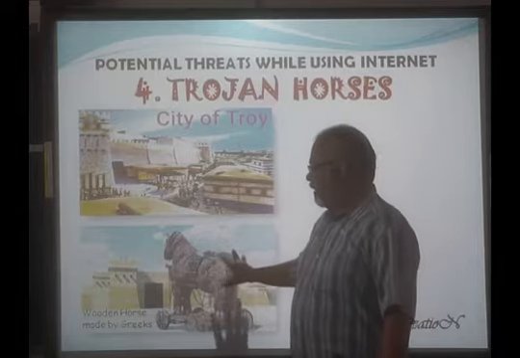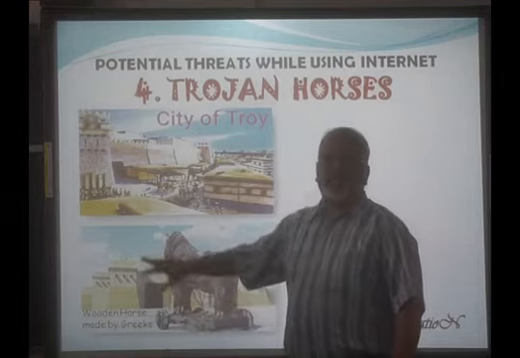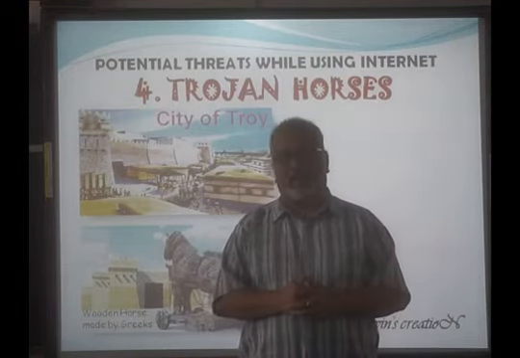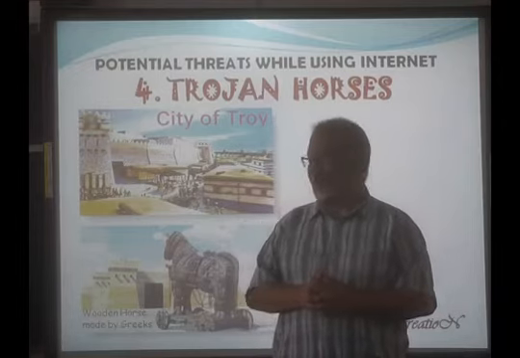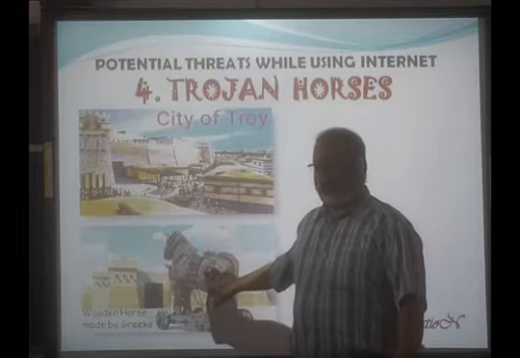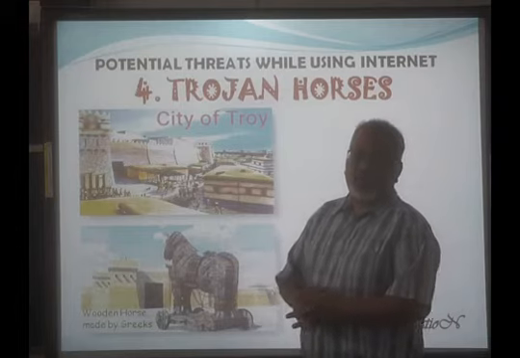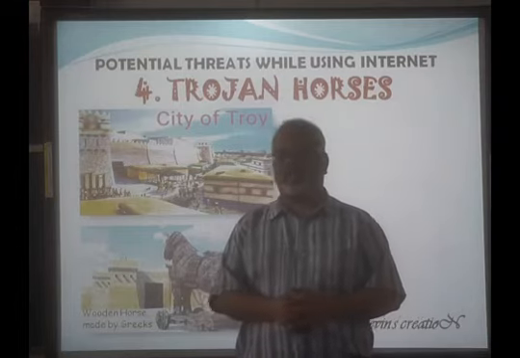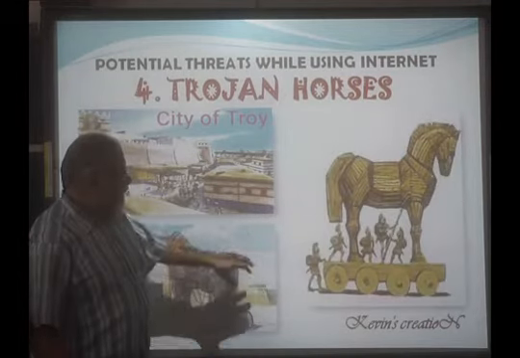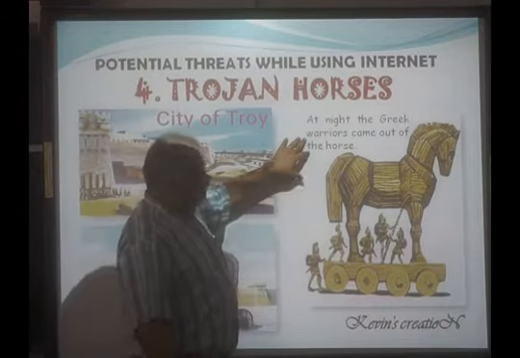And what they did, they took this horse through the city gate, they put it inside and locked the gate again. And what was the plan of the Greeks? They selected warriors. They were hidden inside this horse. So at midnight, the Greek warriors came out of this horse.